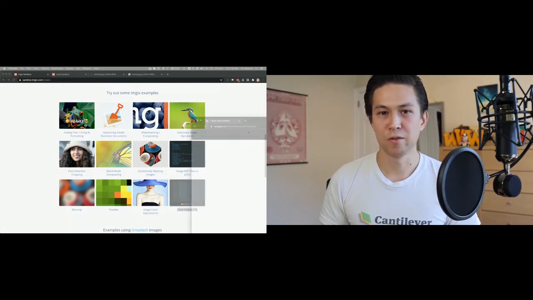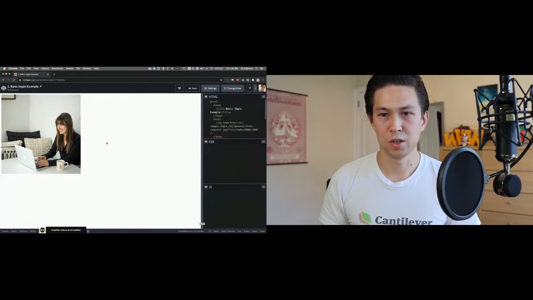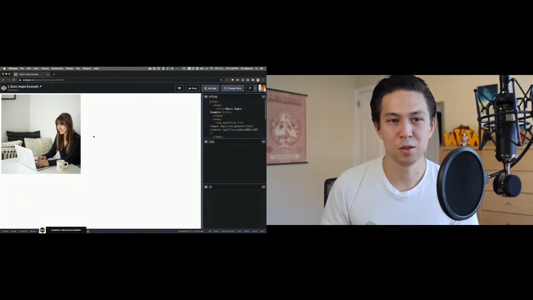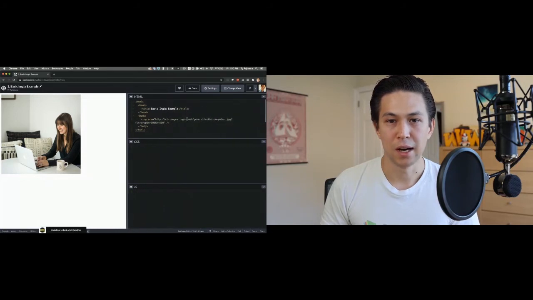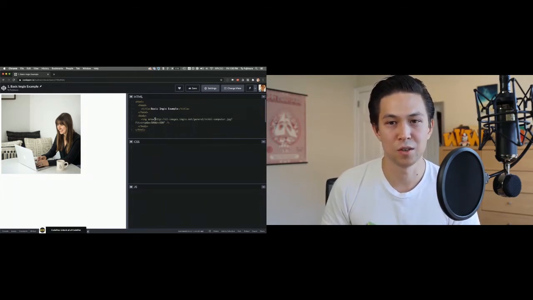And I'm going to pull up my first example from the CodePen here. This is an image of my colleague, Nikki Munson, who's our Director of Operations at Cantilever. This is an image we use on our website, and we have our own Imgix installation that runs on a subdomain. This is how we serve the images that you will see if you go to our site, cantilever.co. And you can see here, I'm just doing a very basic modification of this image, just cropping it